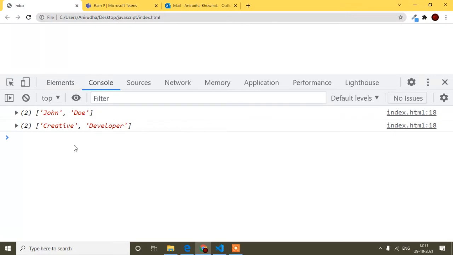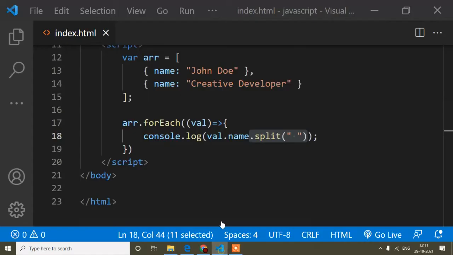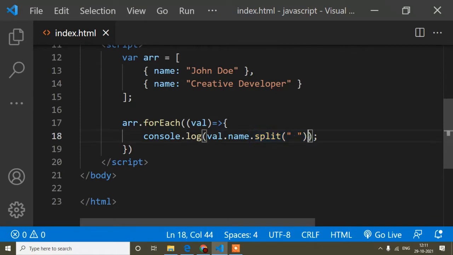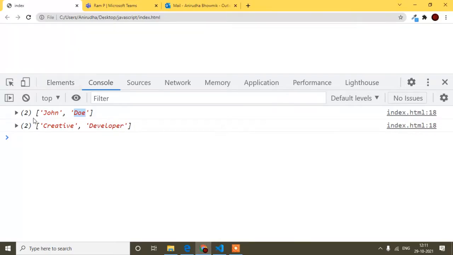Now it's very simple to get the first letter from the first name and last name. How can we do that? First of all split, and here I will write 0, because first I will take only this one.